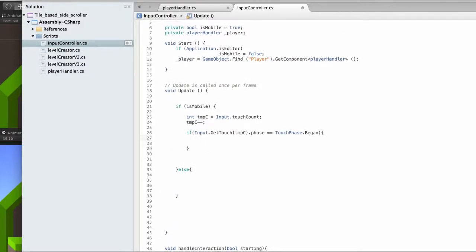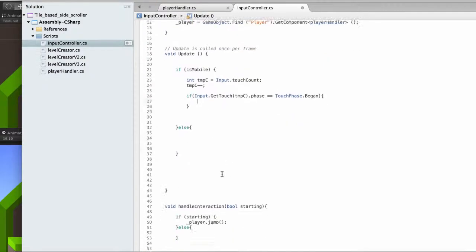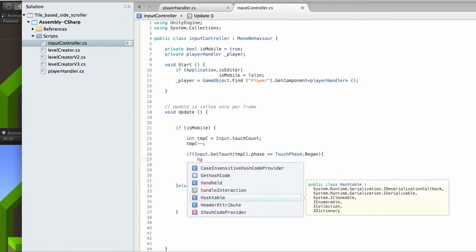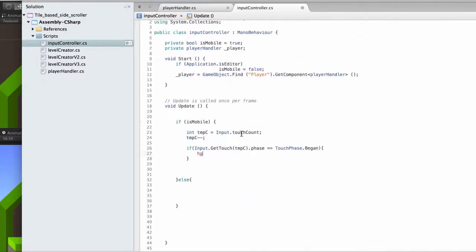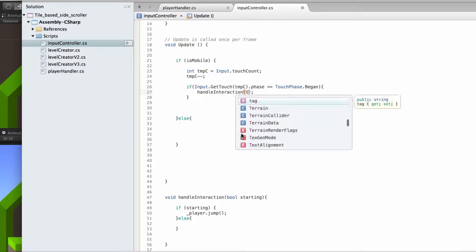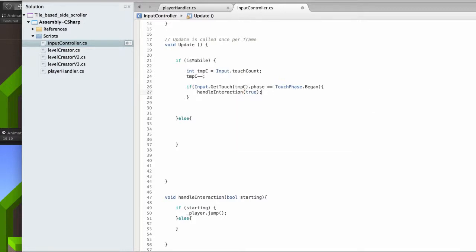So now we know that somebody had touched the screen, so the player is going to jump, and we can call the function HandleInteraction. And it will take true here, since it's a start,